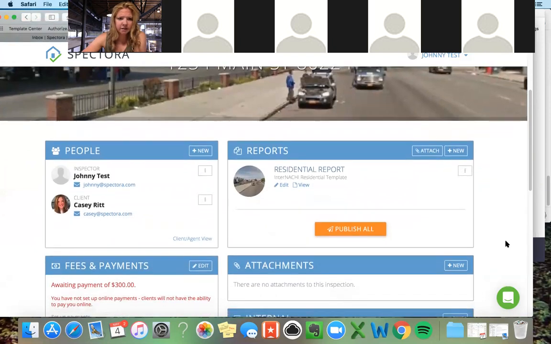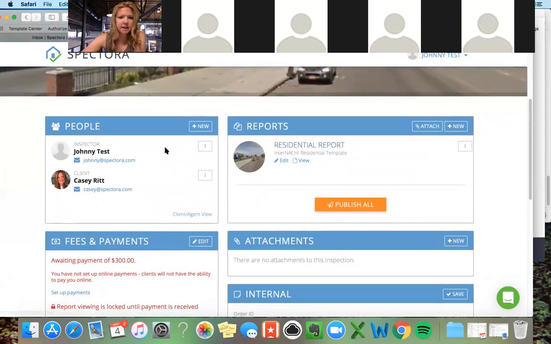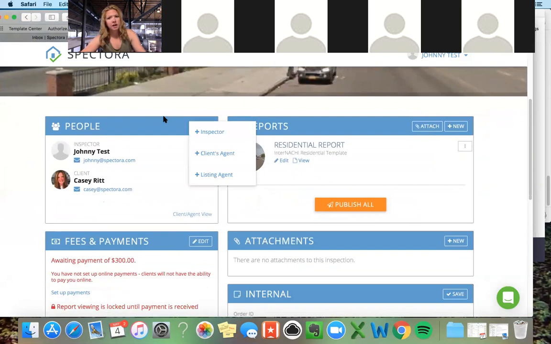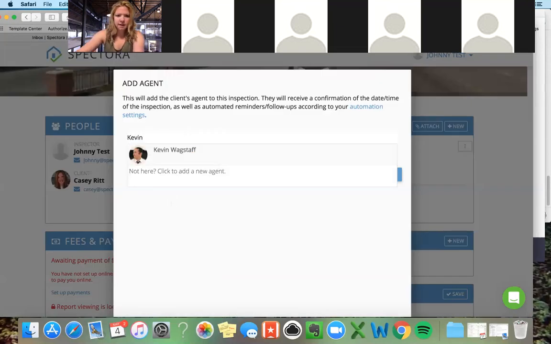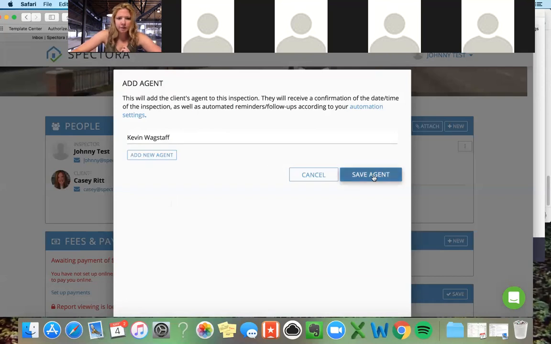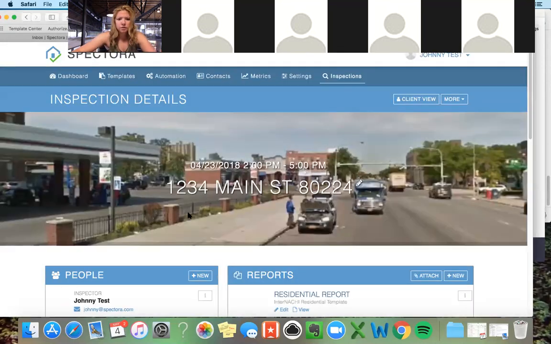In this little area, you can add clients, inspectors, agents, listing agents. Some of you were not on here earlier, but we're going to be adding several more additional people on there. It is worth noting that if we add a client's agent, I think I've got Kevin in here as an agent, yep. And then we save it, you can